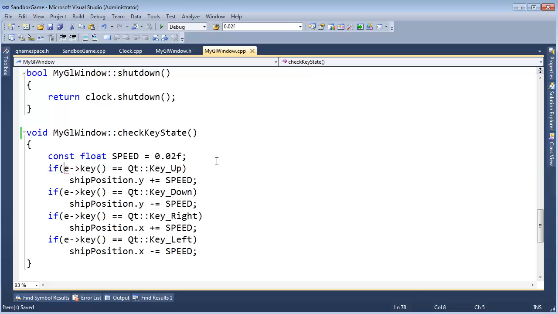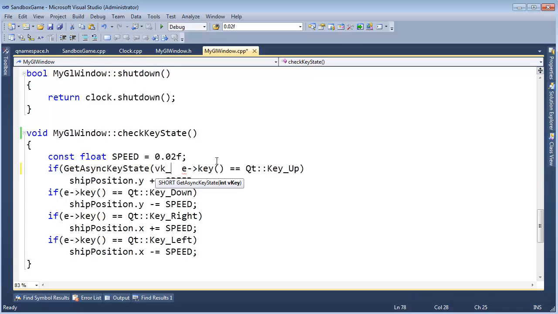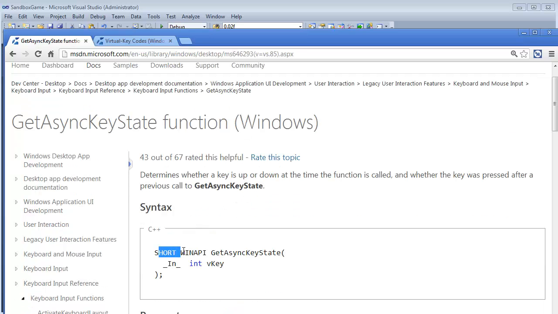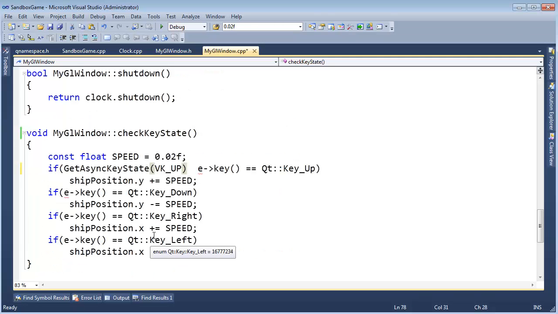Instead of saying E key here, key up, I'm going to replace this with GetAsyncKeyState, VK, and again there's some enum prefixing there just for namespace clashing. I'm going to say VK up. And if you notice, GetAsyncKeyState, let me bring this back up. It returns a short, which essentially we're going to treat like a boolean. If we get 0 back, that means the key is not pressed. Anything else, it is pressed. And integers can be interpreted as booleans that way. So if it's up, then we want to do that. And down here,